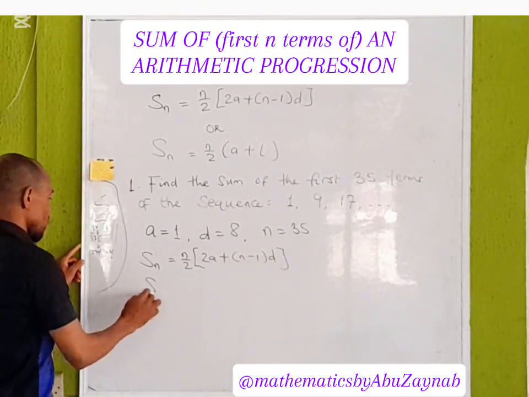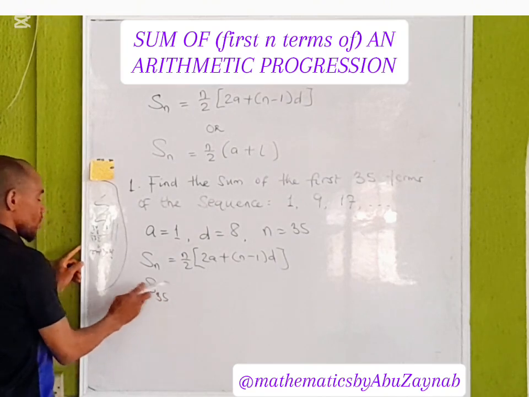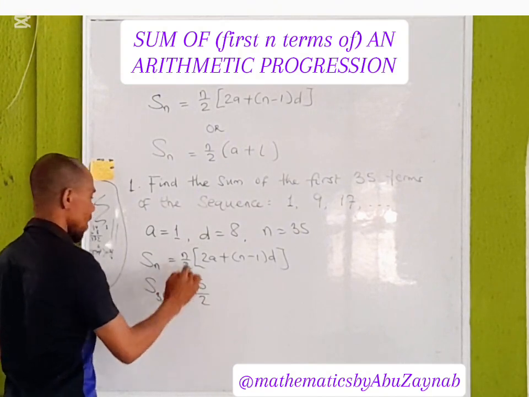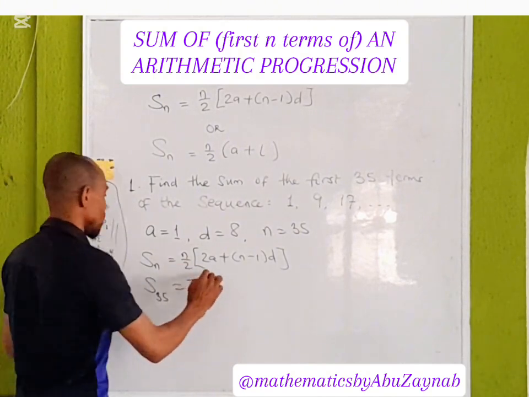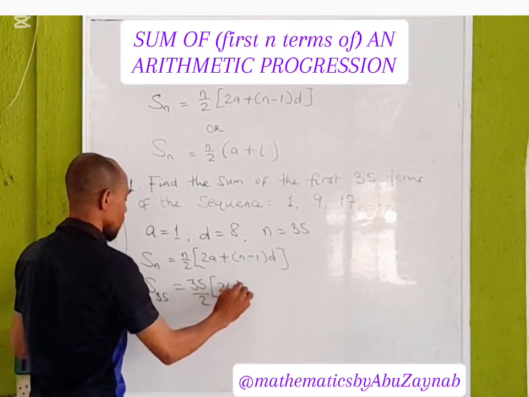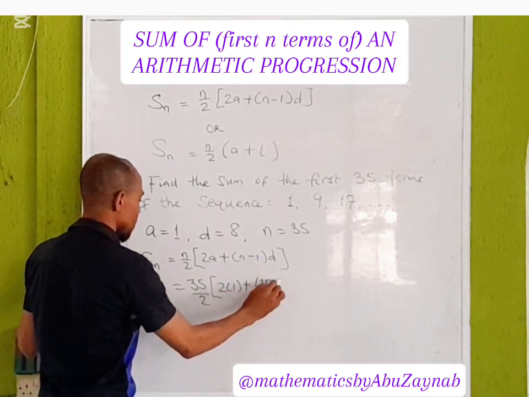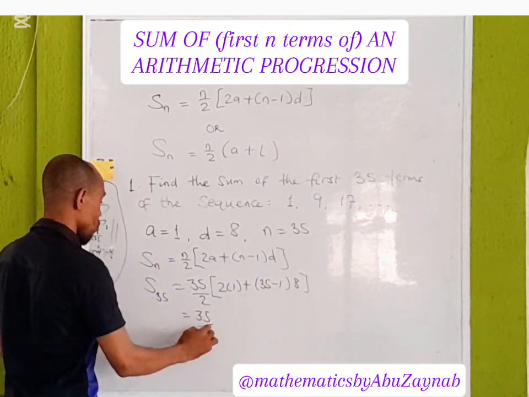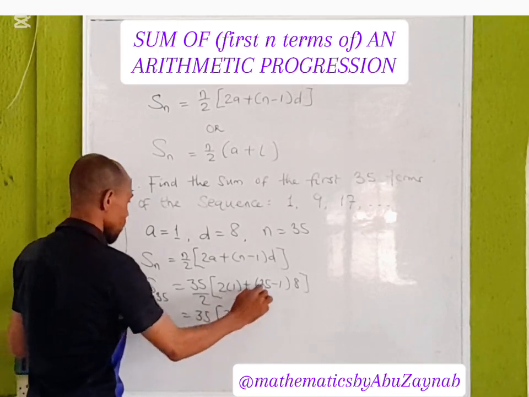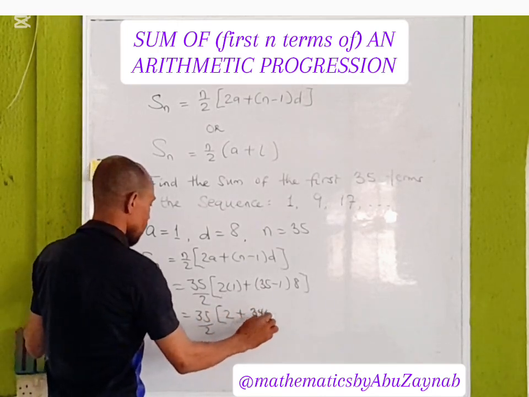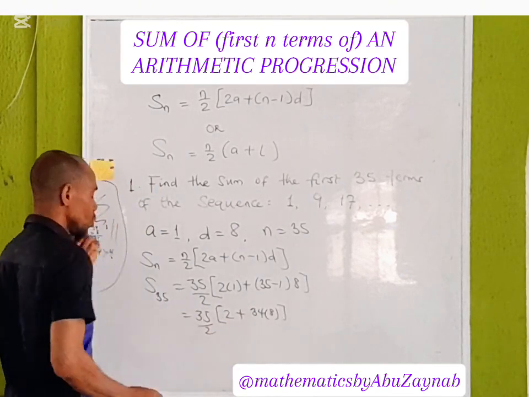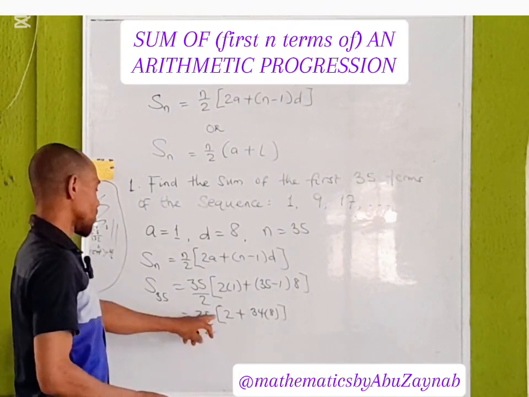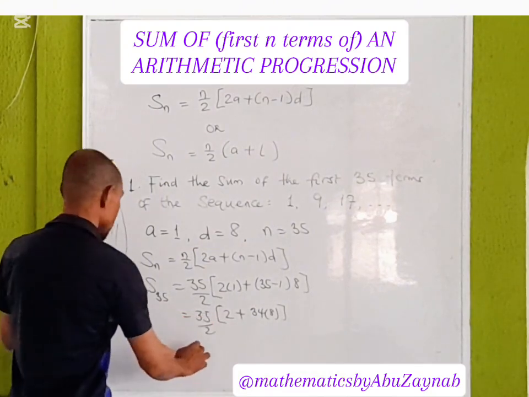So we have S35, meaning the sum of the first 35 terms, equals n over 2 again. Anywhere I see n, I substitute the 35. Bracket 2, a is 1, then 35 minus 1 times d, which is 8. So you have 35 over 2, bracket 2 plus 34 times 8. So we multiply 34 by 8 and add 2, and then multiply by 35 over 2. We are going to end up with the answer